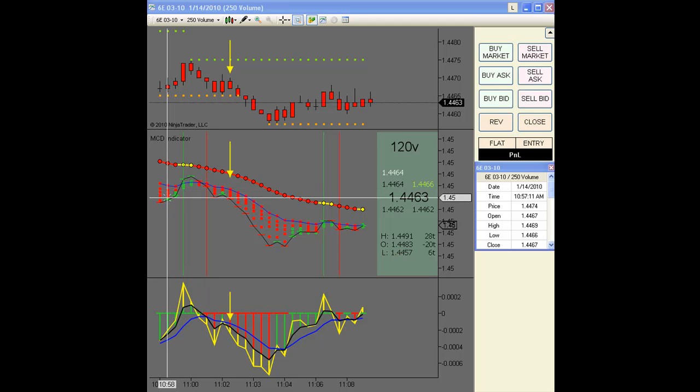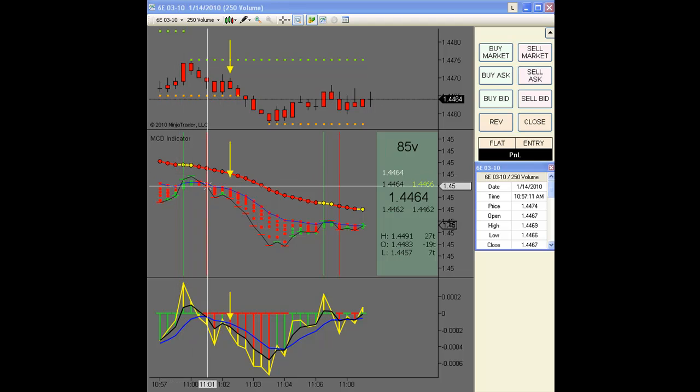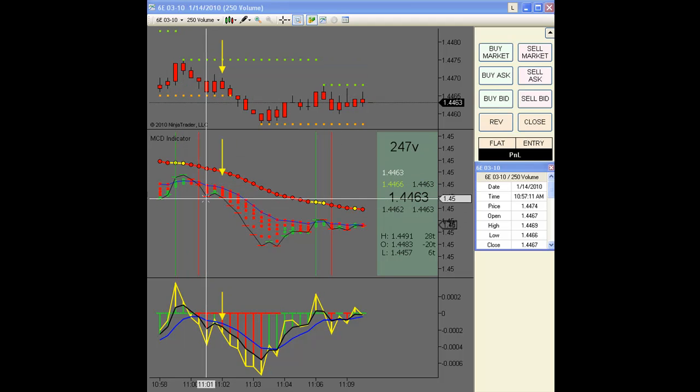Crossovers described or defined as, again, these outer dots crossing back over the inner dots. And then you can see here it crossed back over. We had a hard time seeing that, so we started putting lines in the outer dots and the inner dots so we can see that. And of course we started putting vertical lines after it crossed over so we can get a sense